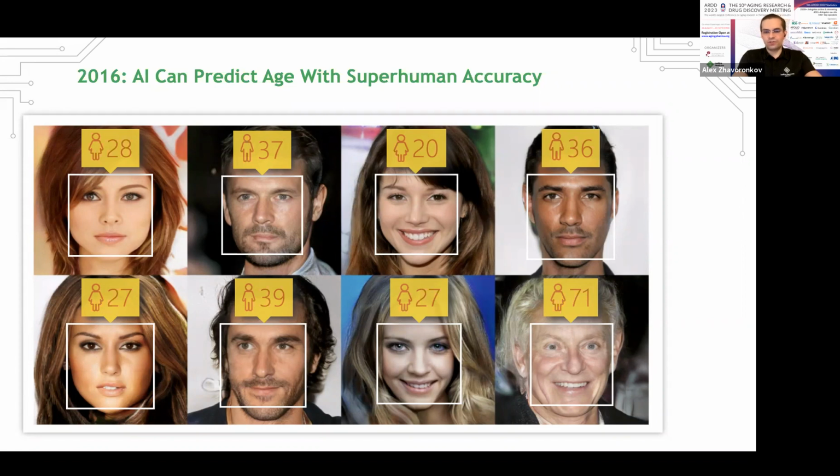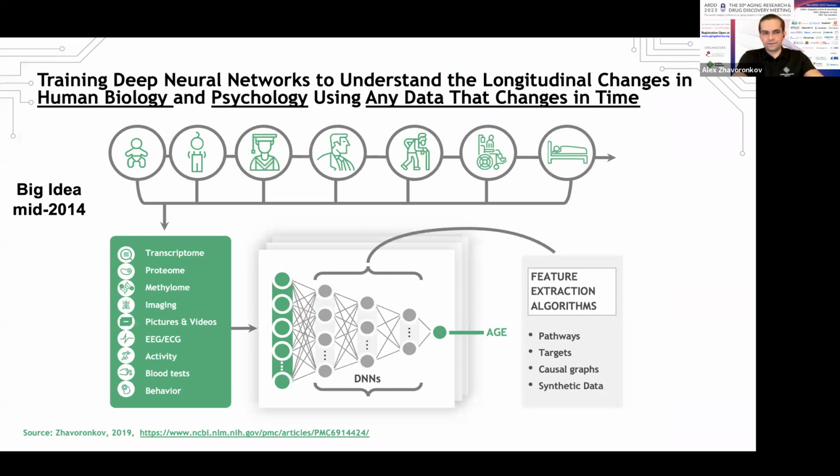So this technology allows you to generate, again, massive numbers of people with a desired age, and with also different starting conditions, like, for example, a mutated gene, or lower gene expression of some of the genes, and you can propagate this template into the future using age as a generation condition. Very powerful technology. In 2014, I got this idea that we can use deep neural networks to predict age,